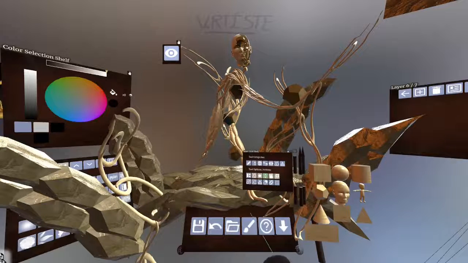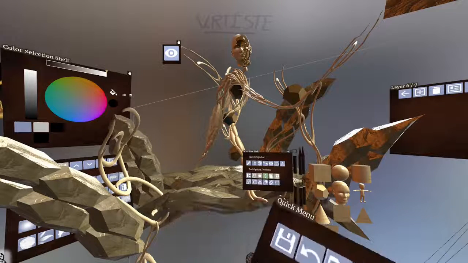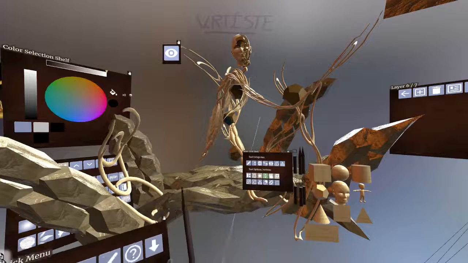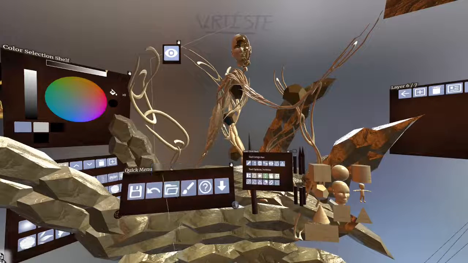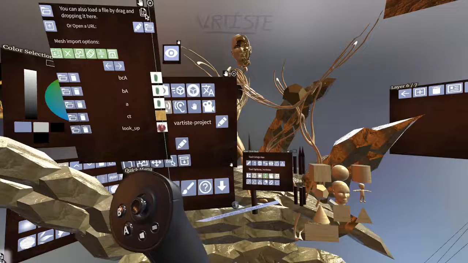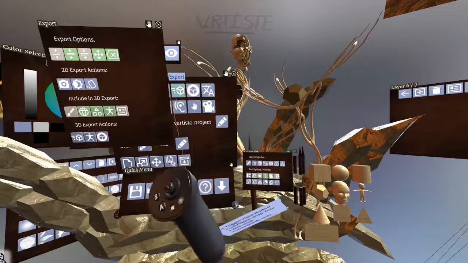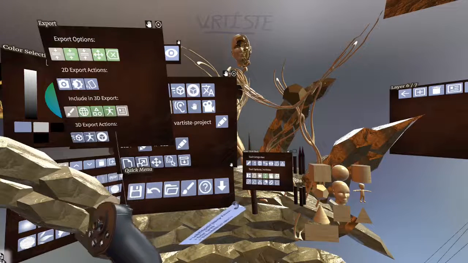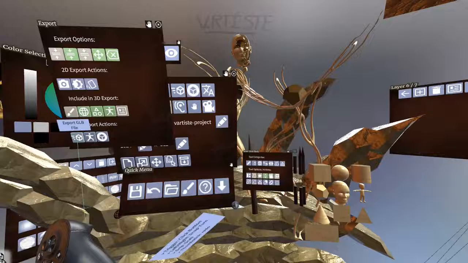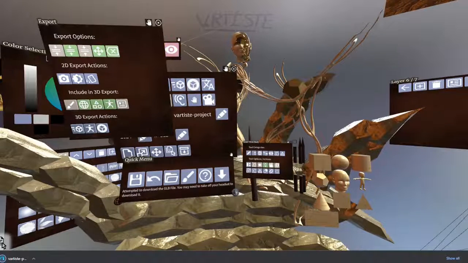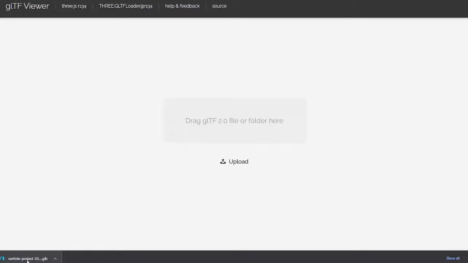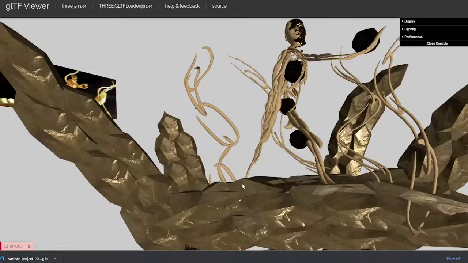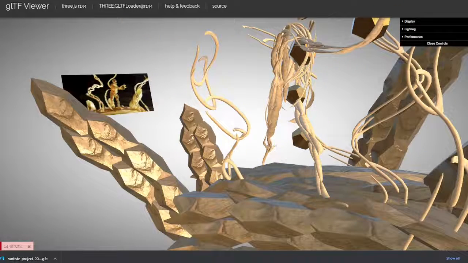There we go. Yeah, that's one of the drawbacks of the VRTeast UI. Oh well. Okay, so now we'll export it. Let's see, close the load section, export. Default options are all pretty good, and export GLB file. All right, exported. We'll double check it by loading it in the GLTF viewer. Cool, it's all there. Great, awesome.